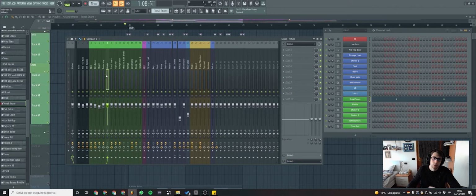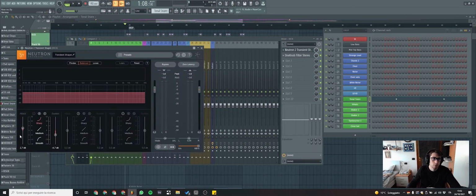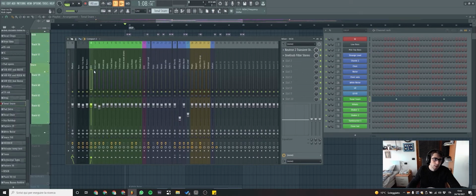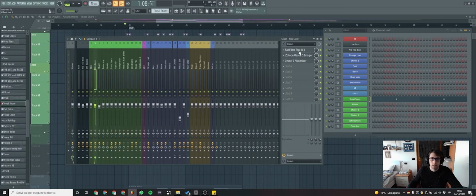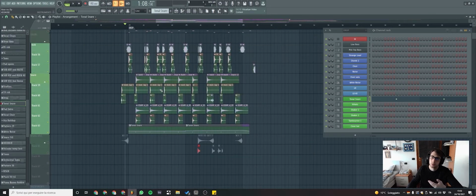About the processing of these drums, we have a couple of elements on the kick, and on the snares there are basically only equalizations and filters. On the main kick we have a transient shaper which helps to increase the attack and decrease the sustain, and a filter. On the stereo layer we have this plugin which helps a lot to have a large image, and a little equalization. On the others, as I said, there are only filters, equalizers and a couple of stereo imagers, nothing more. For the main drums, that's all.